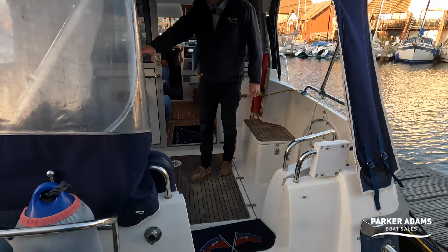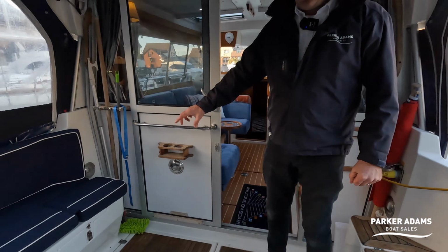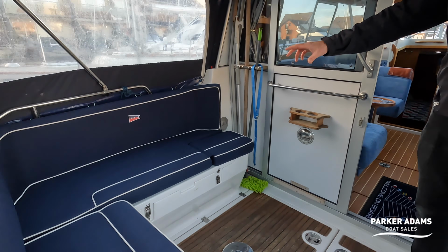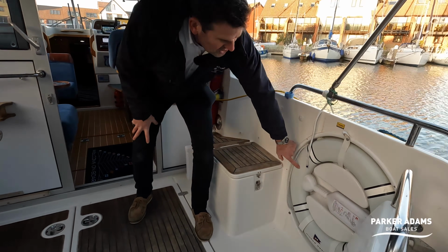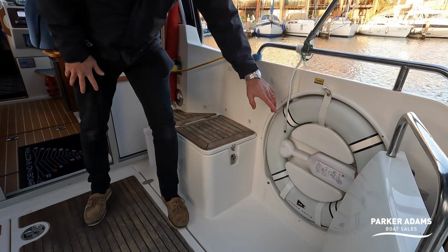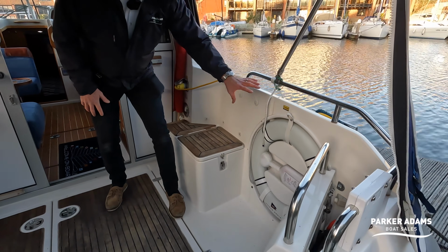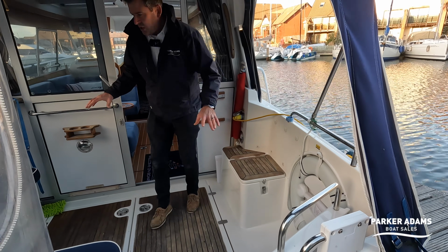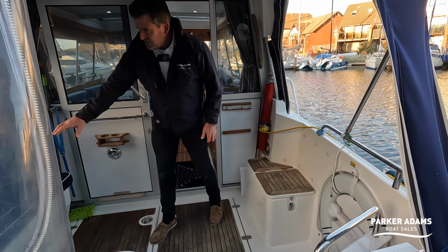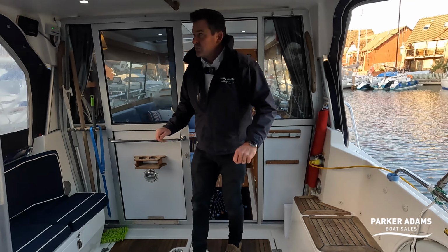But it comes into a nice L-shaped seating area with a nice Nimbus dark blue. I really like the dark blue colours on here. And I like how they've built in a life ring. You never really see that on any other pleasure boats. A built-in life ring is quite clever and very easy stowed away. A bit of stowage here as well, under this seating in particular,